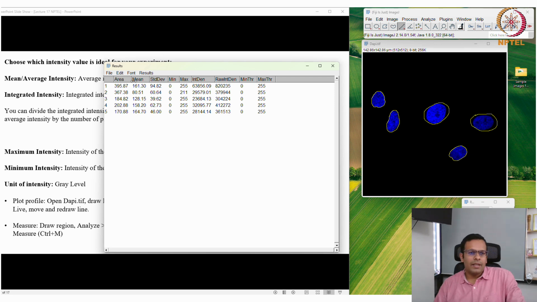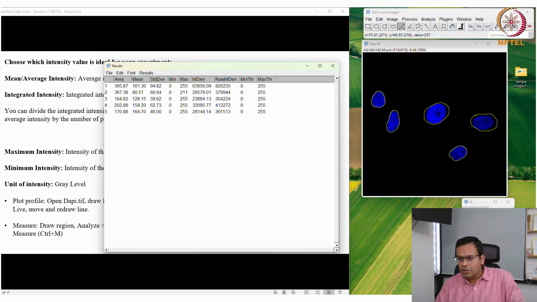Okay, then mean intensity, you can see this is the highest, as we can visually see, it's 160. No, this is not the highest, the highest one is the fifth one, 164, and I think that is this one. Okay, now that is the thing, though visually you can see this as the brightest nucleus, why is this not giving you the highest mean intensity?